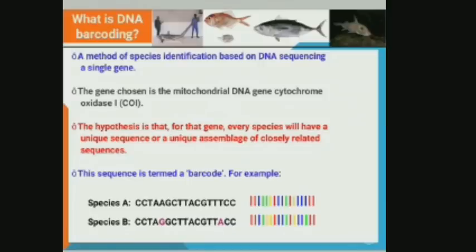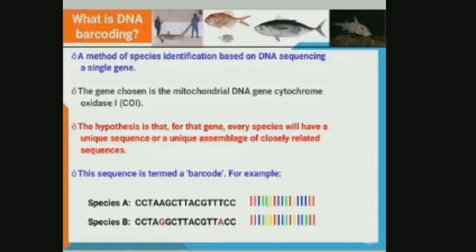Already the speakers would have given information about what DNA barcoding is, how it is done, and what kind of genes are associated with it. I don't want to go into the detail of this aspect, but in a brief way, I would like to explain what DNA barcoding is. DNA barcoding is a molecular tool which is used to identify organisms at species level. In most animal species, the mitochondrial cytochrome oxidase 1 gene is commonly used.